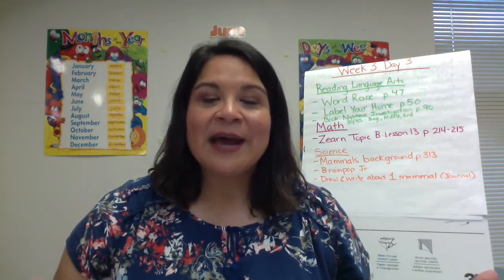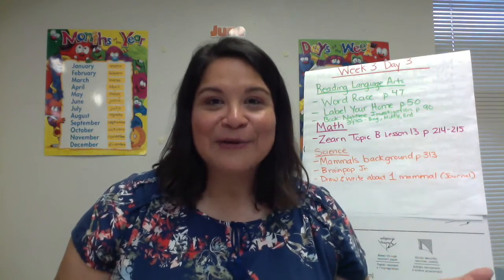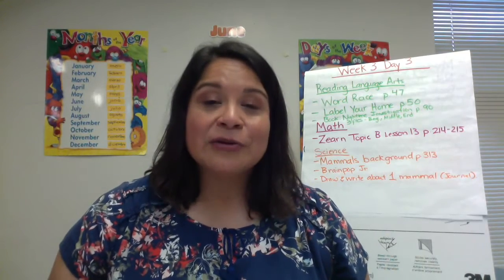Now we are going to continue with the next activity, which is label your home. This is something we've done before. I chose words that I can find in the house because I'm labeling my house, and I chose words that had vowel combinations. Those are very hard for our students, and they usually learn them in first and second grade. So this is a great opportunity to get them prepared and show them that these words exist everywhere and they can connect them with things from home.